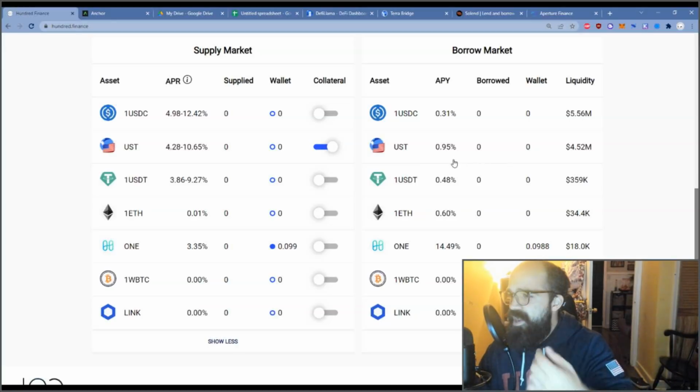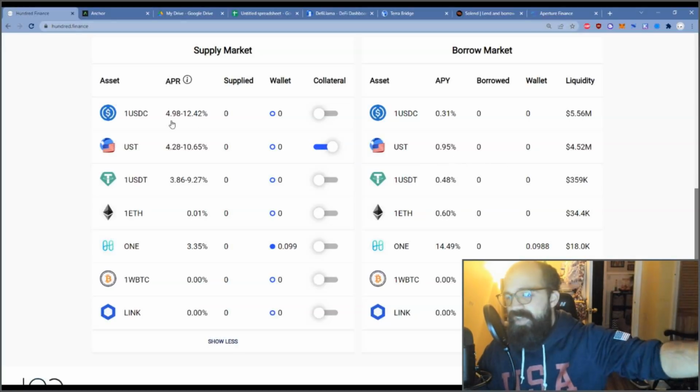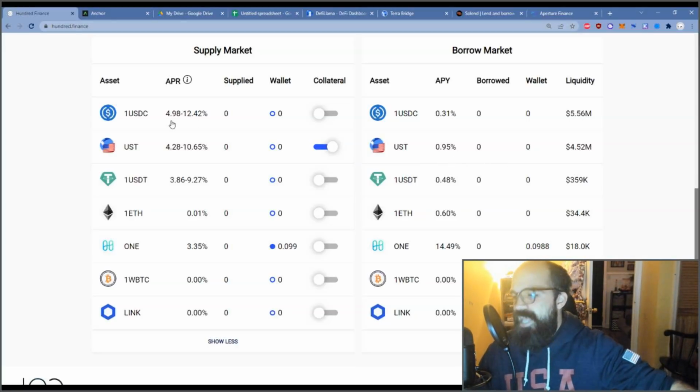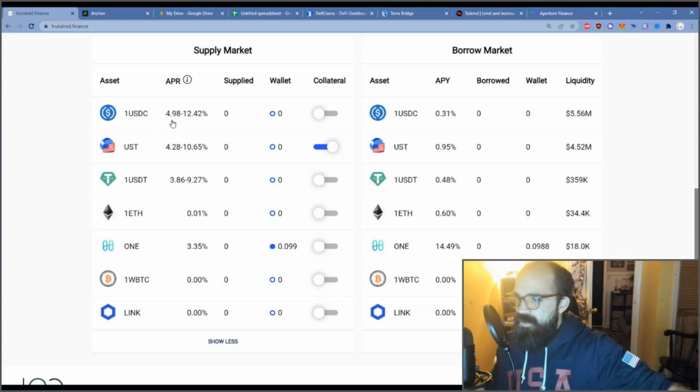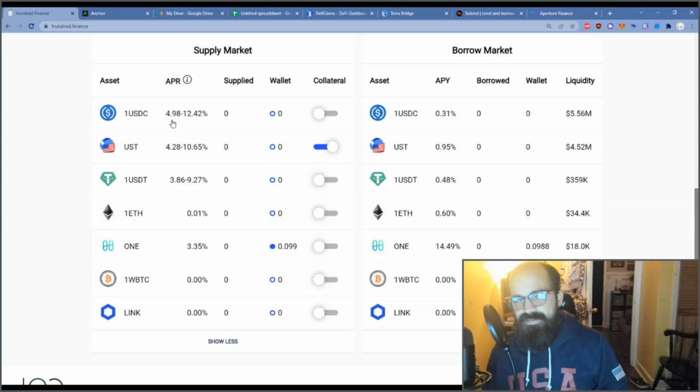You bring it back here. You pay off that $80 loan. You still have that $10,000 of USDC. You didn't lose any of it, right? You didn't lose any of your initial. And that's what people want to know, right? They want to know that they have that initial, and it's safe. So this is what that strategy provides.